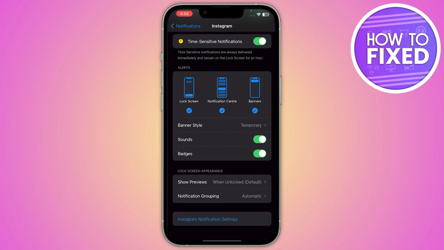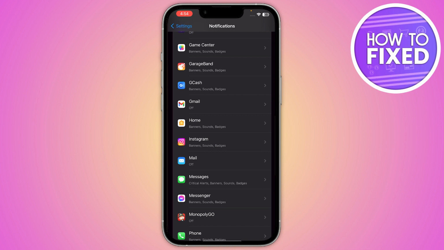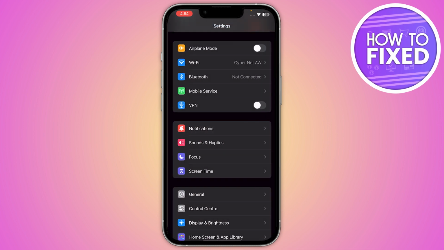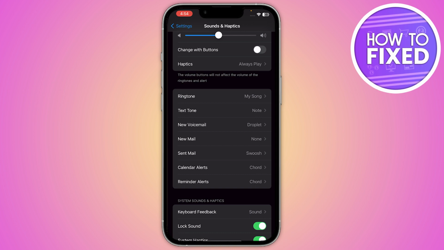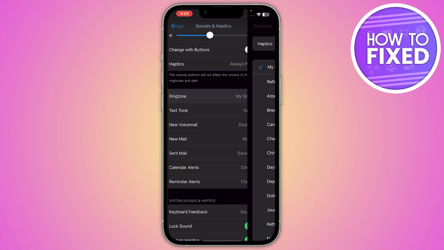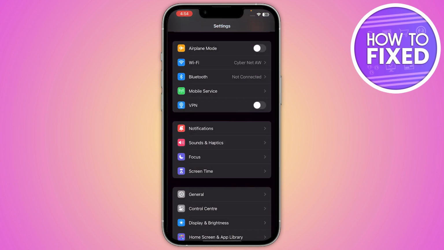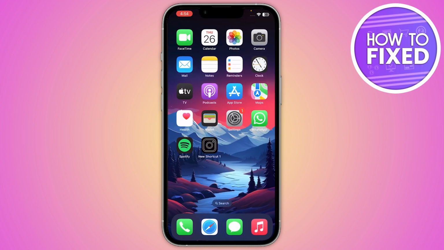of your Instagram notification. So the last option is, what you have to do is simply go back and go in your Sound and Haptics of your iPhone, and from here you have to go on the ringtone, and from here you just have to select the ringtone as you want to add in your iPhone, and after that you just have to save the changes and you are able to change your Instagram notification sound in your iPhone, because Instagram doesn't give you any option to change the sound, so you have to change it